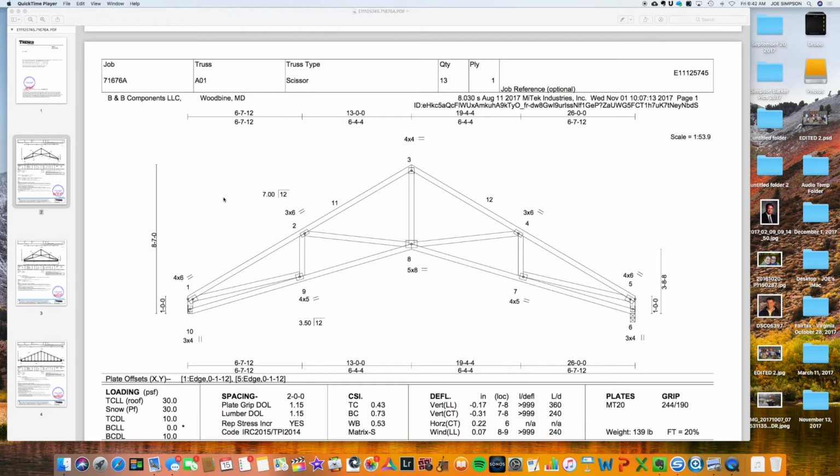So what we did was we removed the trusses from this person's house. We installed new trusses. They're called scissor trusses, that you see here on the screen. They look kind of like an open set of scissors. Here's the opening. And a couple of dimensions I was going to show you that I could take off of this drawing would help me understand